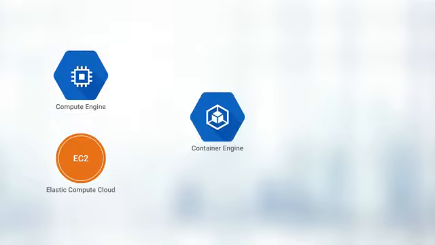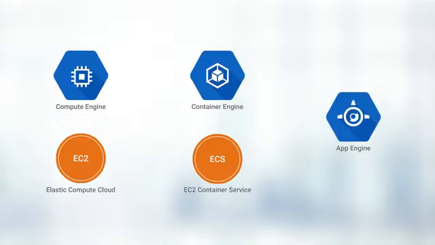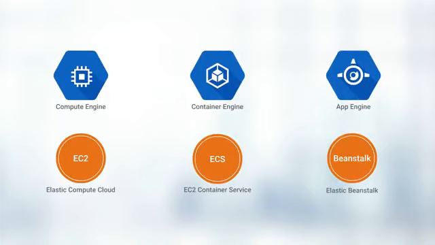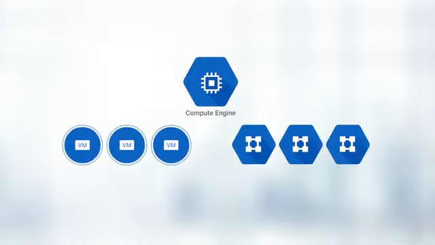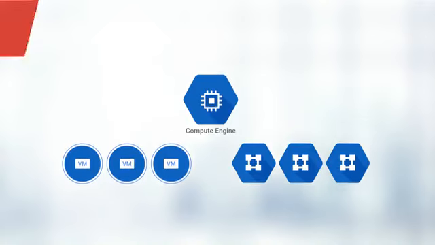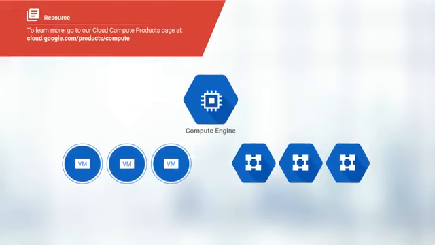Compute Engine compares with EC2, Container Engine compares with ECS, and App Engine compares with Elastic Beanstalk. Here, we focus on Compute Engine with virtual machines and networks because they are key to running custom apps, especially for lift and shift operations, which are often the first steps you take when migrating to the cloud. For details on all three, see the link here.